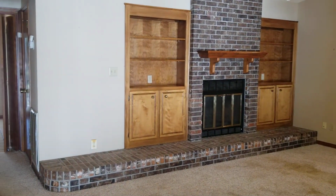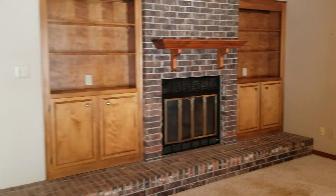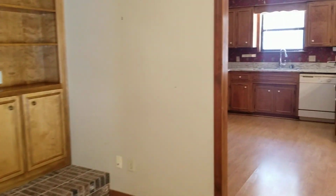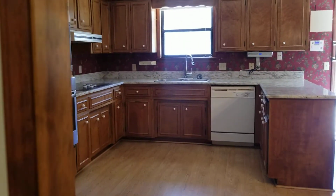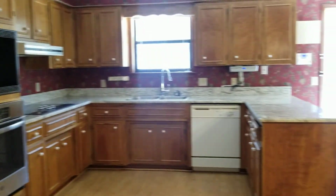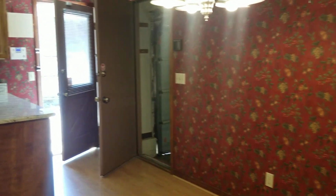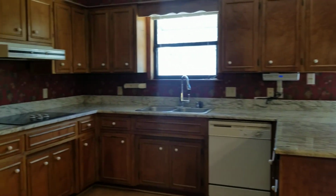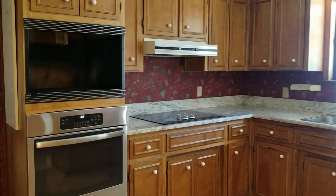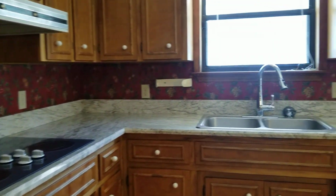Fireplace on this side as well, with some built-in cabinetry, with some nice brick accent. Into the kitchen over here, very spacious. We have a nice sized breakfast nook over here. Granite countertops in the kitchen, and a new wall oven with an electric cooktop. We also have a pantry as well,